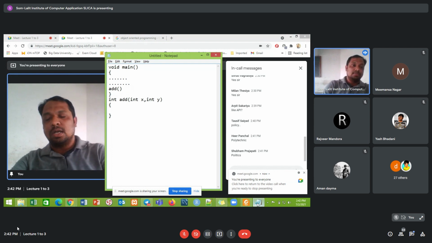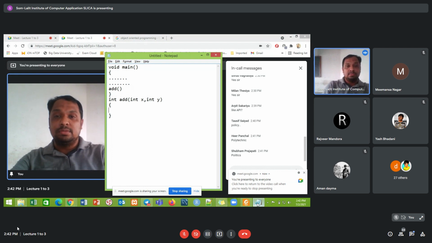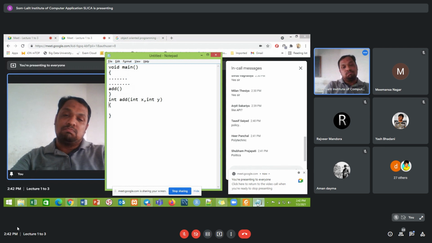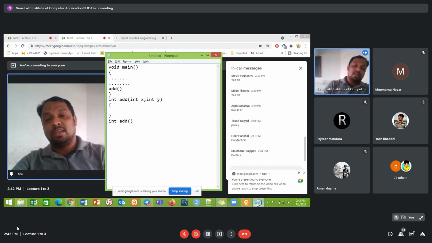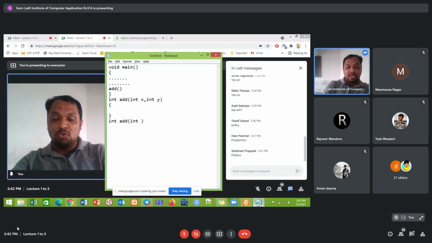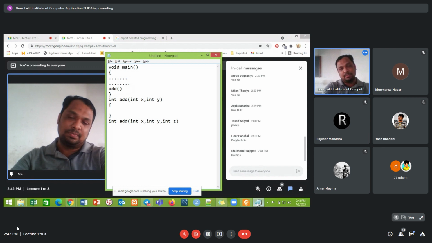Now there is a need that you want to again implement a function named add, same name, but instead of two parameters, I would like to pass three parameters.